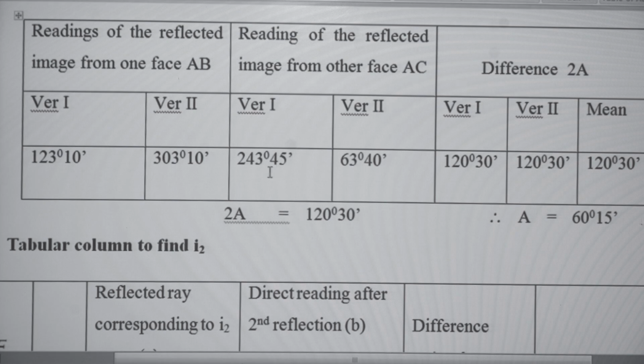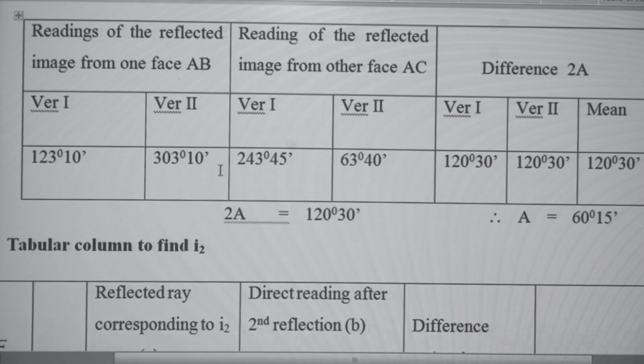Then Vernier 1 reading is 243 degree 45 minutes and Vernier 2 reading is 63 degree 40 minute. So this 63 degree 40 minute is actually 360 plus 63, that is 423 degree 40 minute. Then we can calculate the difference to A. Vernier 1 means the difference of 243 and 123, that is 120, and in Vernier 2 the difference is